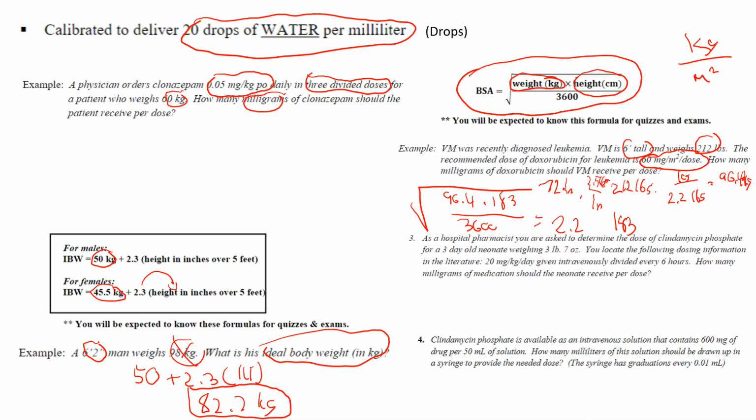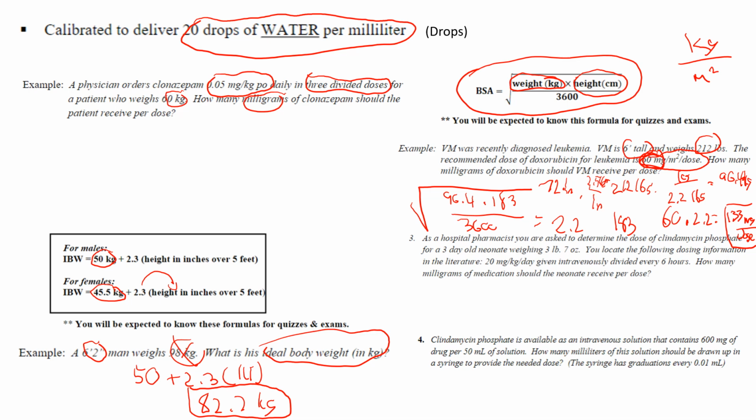But what we need to do now is we need to take that original 60 milligrams. So 60 times 2.2 gets us 133 milligrams per dose. So again, the complex part of that problem really wasn't the dose itself, but it was just